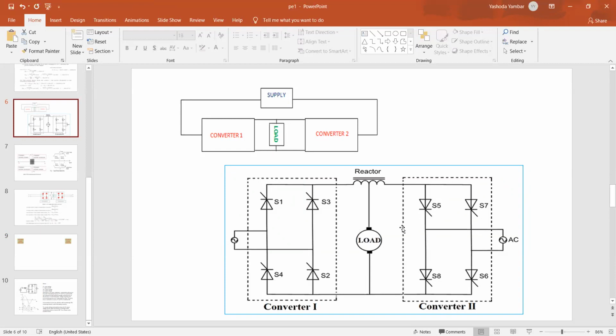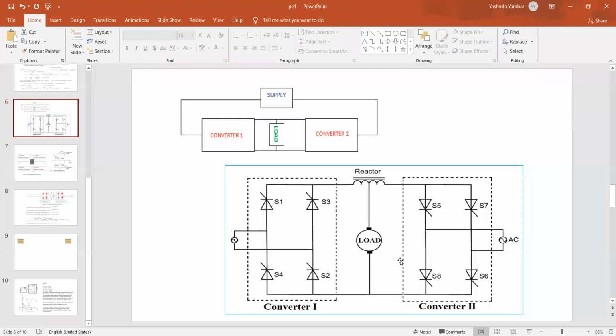If V1 and V2 values are equal to 0, zero current flows through this particular region. So why has the name circulating current come into existence? When in circulating current mode, when both the converters are on, converter 1 output voltage will be different and converter 2 output voltage will be different. Due to the difference of instantaneous voltages of both the converters, a small amount of current flows through the load, through this particular loop.